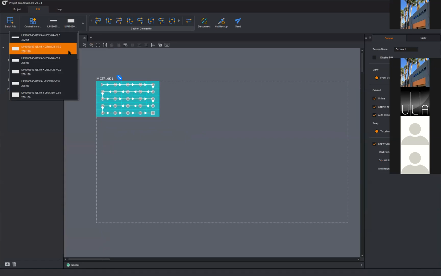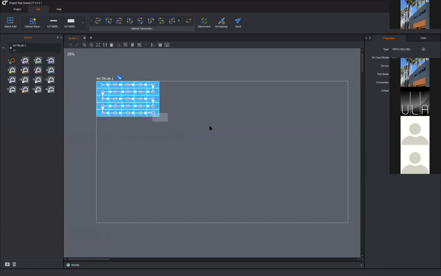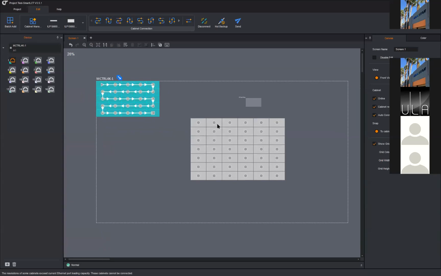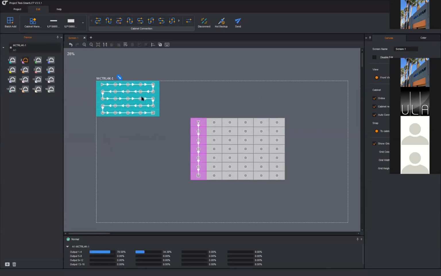And I might decide I want to add some more cabinets in there. So I can pick a different pixel pitch. I'll just say I want to add that. And as you can see, it's automatically connecting. Well, it's suggesting the automatic connection method, but right now it's doing nothing. So it's just a matter up here of picking the ports and clicking the way I want to run it. If you hit this little button down here, it'll actually show you the port loading.